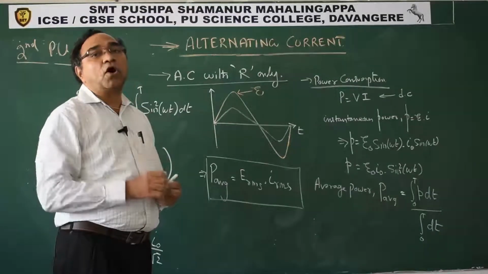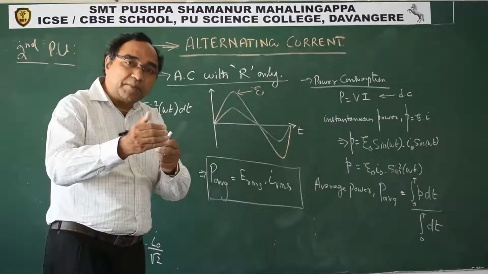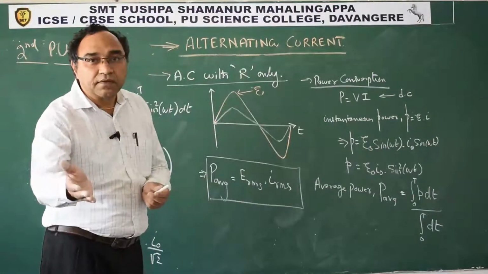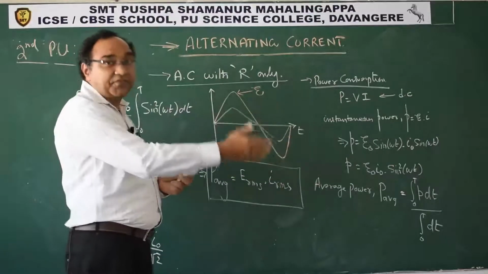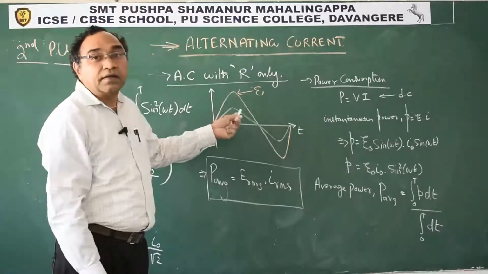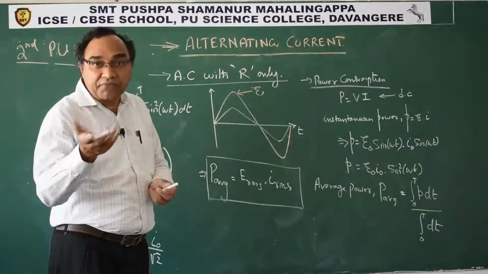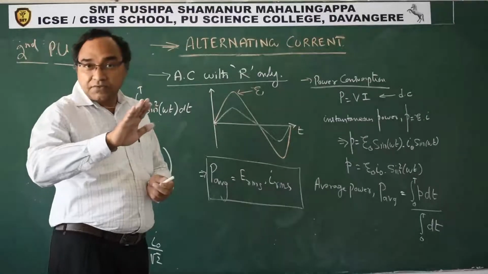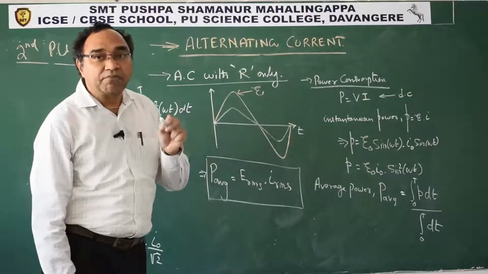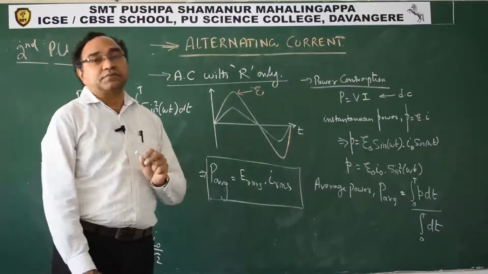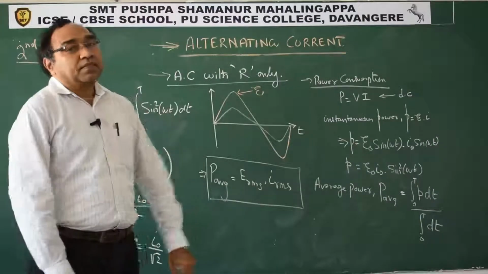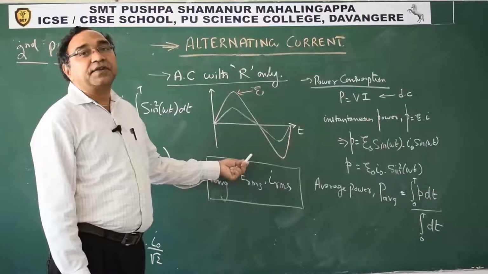If it were getting blocked, one would be ahead and one would be behind. One would achieve maximum at some instant, and the next instant the other would achieve maximum. That is called blocking. But here they are traveling in the same phase, which means current is not getting blocked. So R is not capable of blocking AC. R can block only DC. That is what this analysis tells us.